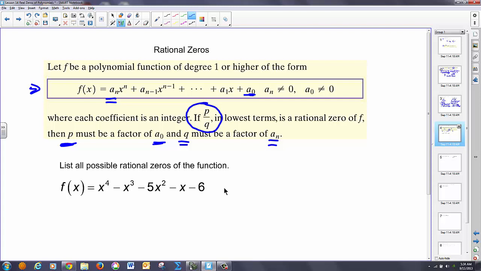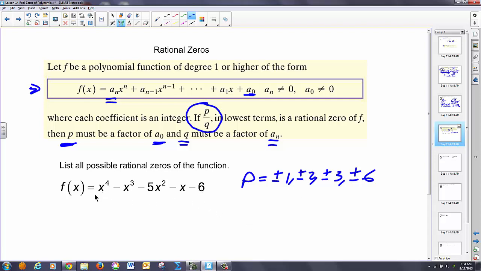So, in other words, let's apply this to a problem. My p-values come from my constant term. So what I need to do is I need to look at all the factors of 6. And if I look at all the factors of 6, I've got the following possible p-values. Plus or minus 1, because 1's a factor of 6. Plus or minus 2. Plus or minus 3. And plus or minus 6. Those are all my factors